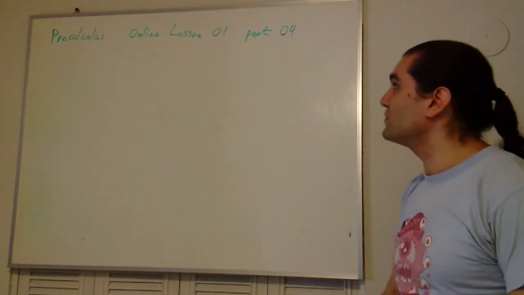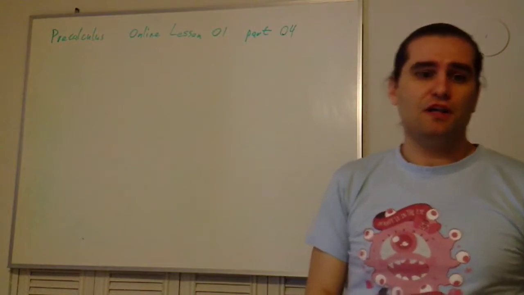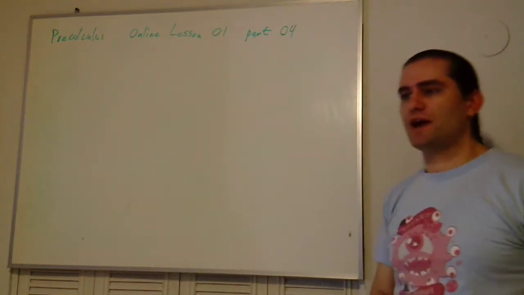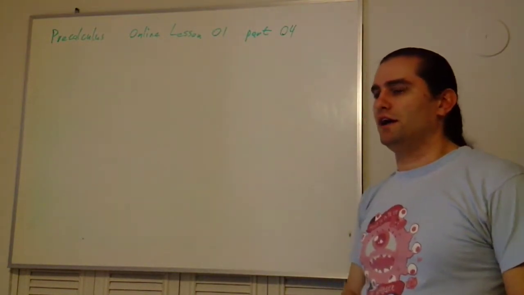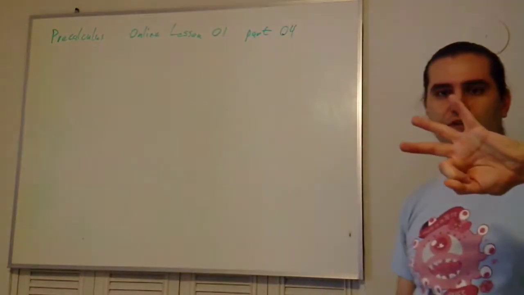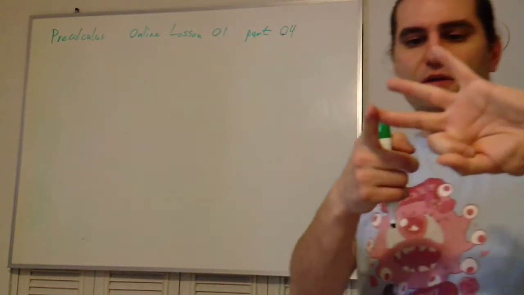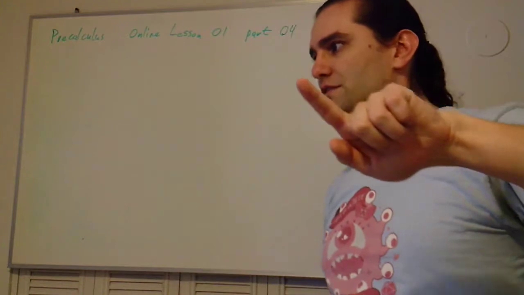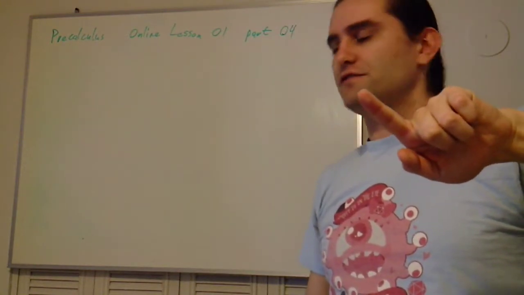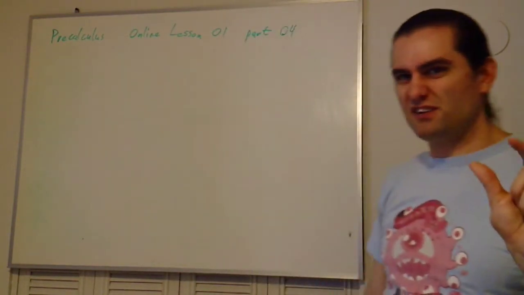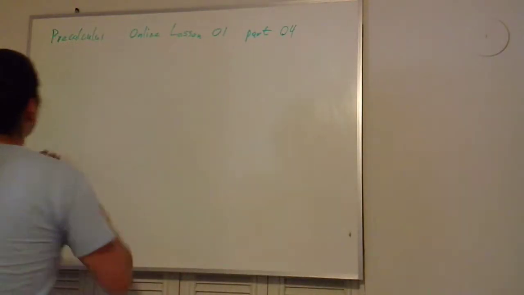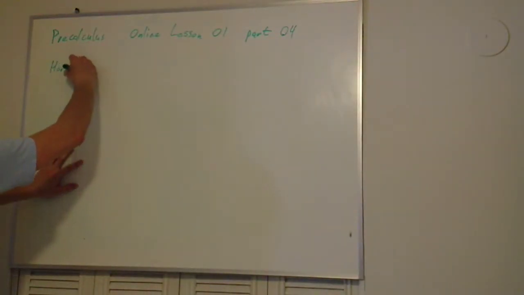Okay, here's Pre-Calculus Online Lesson 1, Part 4. Should be the final video in discussing how to graph sine and cosine waves. And in this one, we're going to review the three transformations that we've already talked about: amplitude, midline, and period. And we're going to introduce the fourth and final transformation that's going to be a big deal in these things,